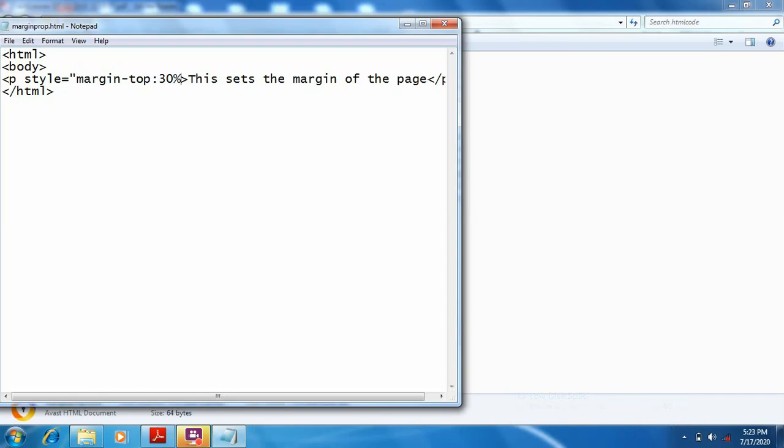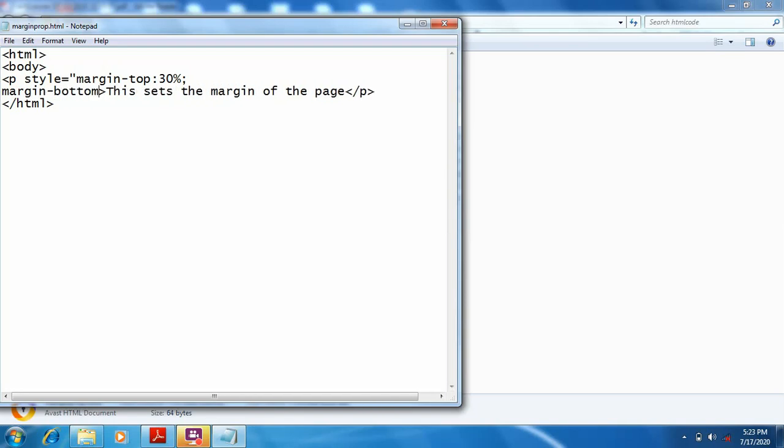Okay, then we have to finish this with the semicolon, then apply another margin bottom, then colon, take any value. I am taking 30. Okay, then I am taking margin left.